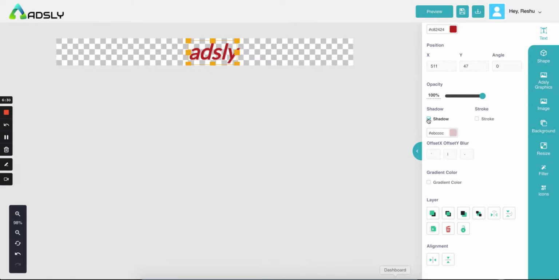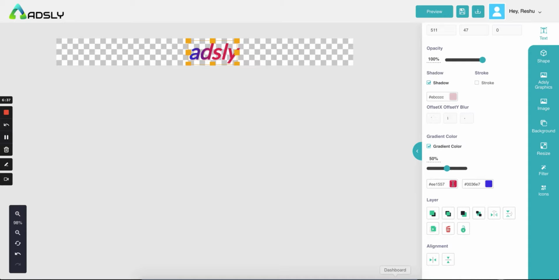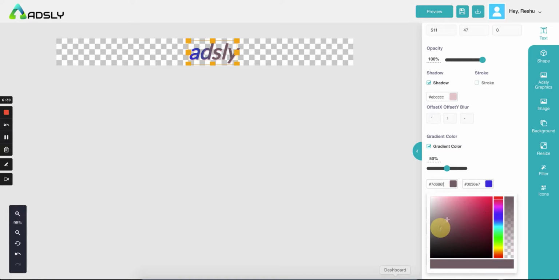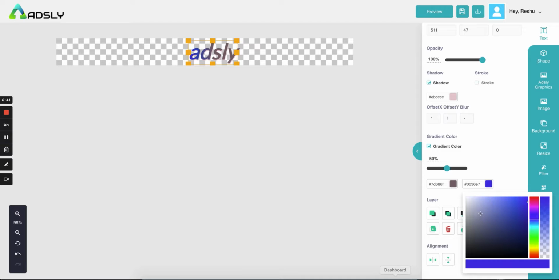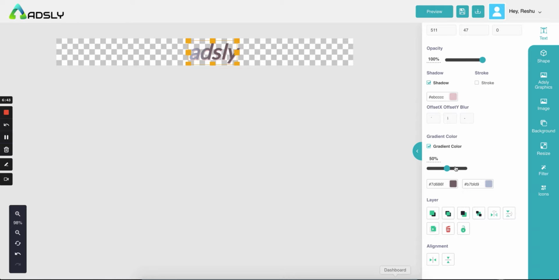If you want gradient color, then you have to click over here and you can add the color code or choose the color from here, and then set things accordingly. And you can set the percentage of each color which you want over there. Layering is again the option of which layer you want to put in front.